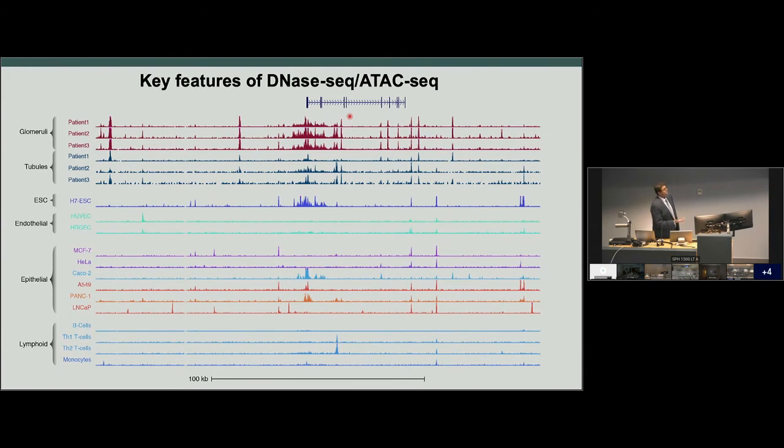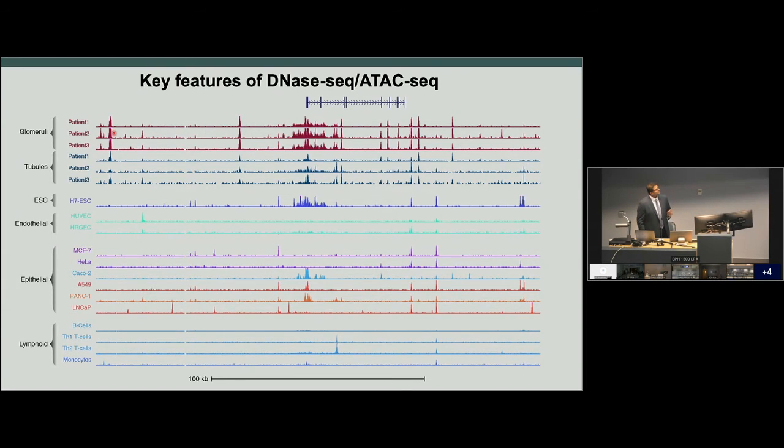In this case, it happens to be WT1, a known podocyte marker. It's running from left to right over here. These tall hatch marks represent the exons, the protein coding portions of the gene. The thin line in between really represents the introns, the non-coding portions. One of the key features you can see is that those small DNA fragments, as they pile up into a histogram, result in these little peaks, which are mapped to a precise genomic position because of the DNA sequence that's inherent to them.